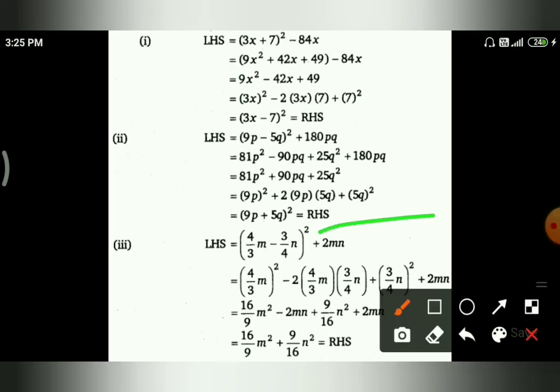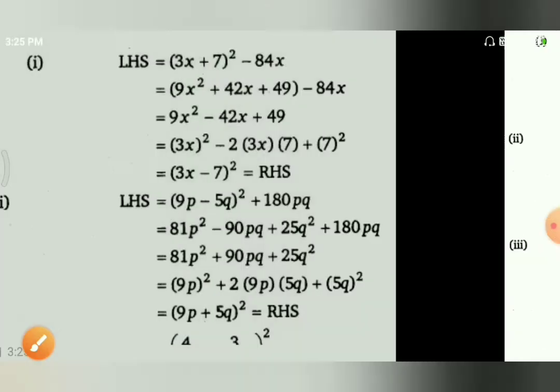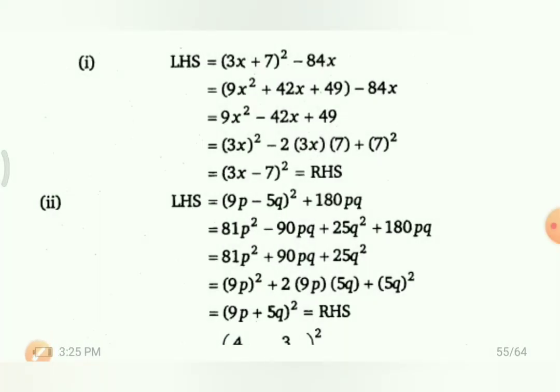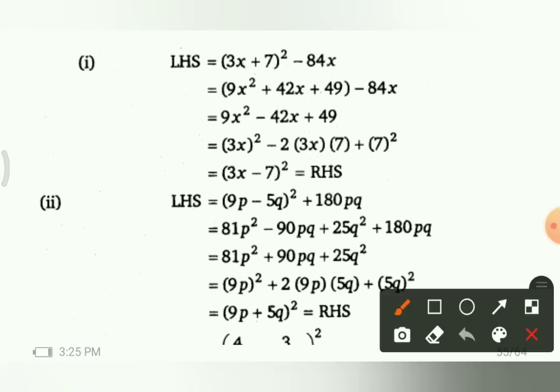So you have to use that also for solving. When you solve this, you will get 9x square minus 42x plus 49. Why? Because we have grouped the x terms together. We have solved this plus 42x and minus 84x. Minus plus plus is minus. So 84 minus 42 is 42, and sign of greater number is minus. So we have taken the minus sign, which is equal to the right hand side. When we solve it, we'll come to know it is equal to the right hand side.